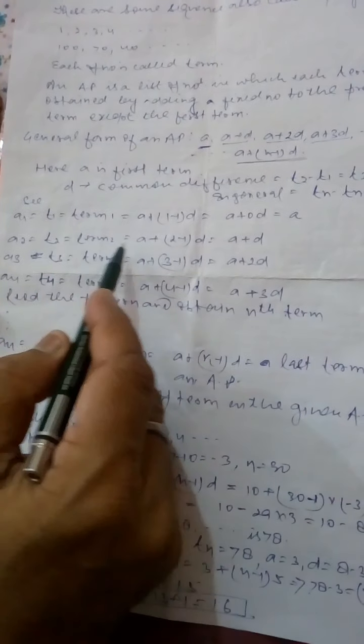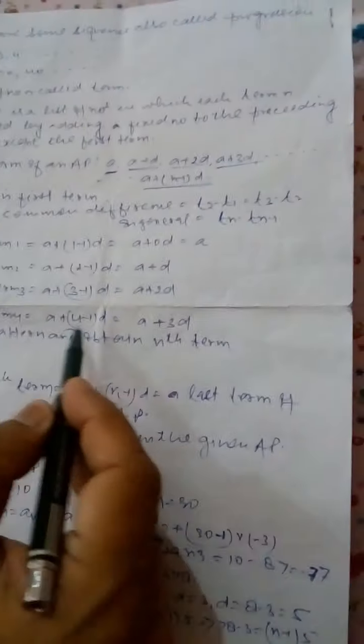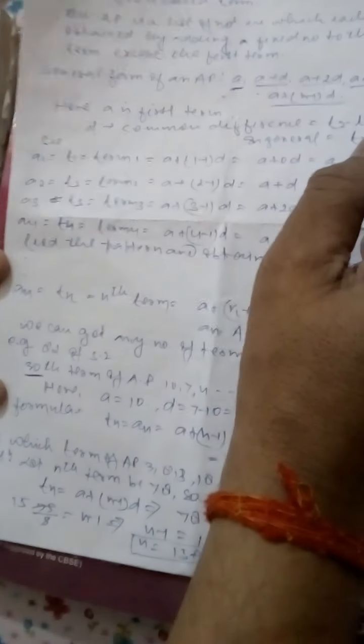And the second term, A plus D, can be written as A2 equal to T2, term 2, that is A plus 2 minus 1 into D, that is A plus D, the second term. And the third term, A3, is A plus 3 minus 1 into D. A4 is A plus 4 minus 1 into D, that is A plus 3D. Learn and read this pattern